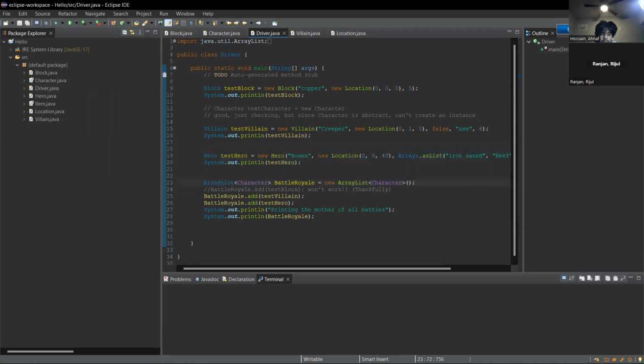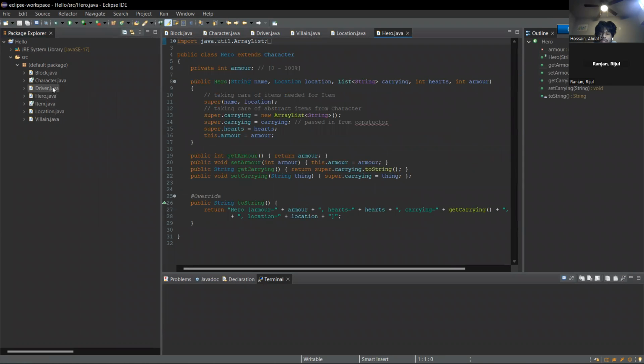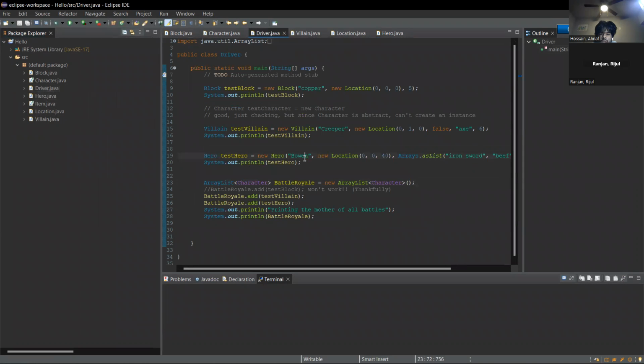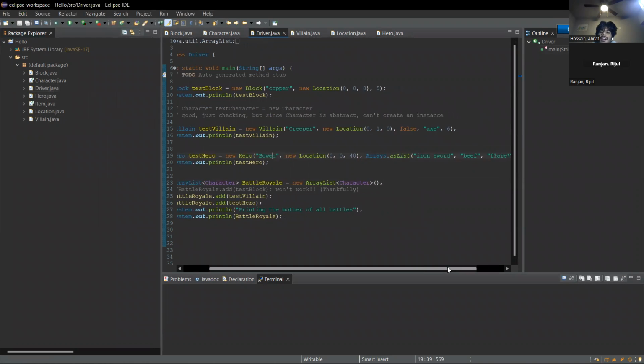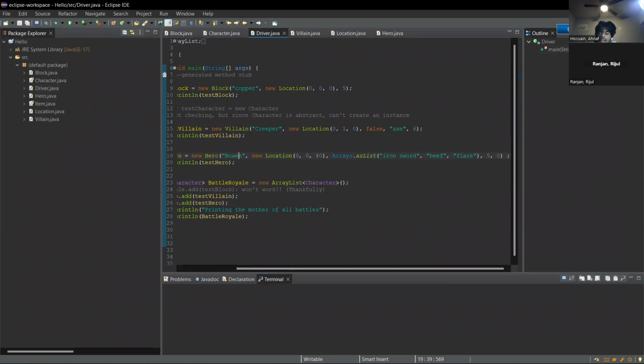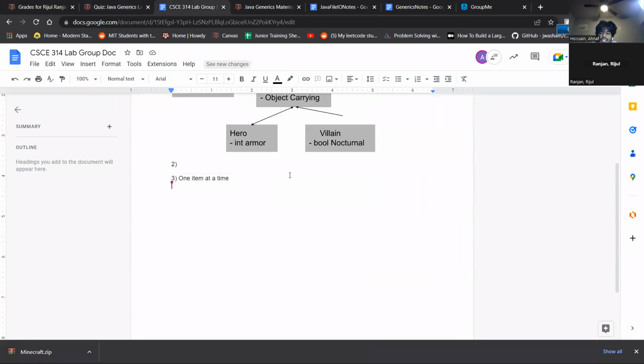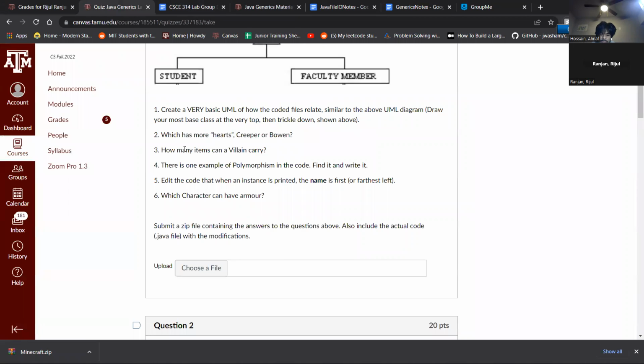Wait, also, what was the second question? Who has more hearts? Wait, I didn't get you. What did you say? Who has more hearts? Villain. The creeper has more hearts. Creeper, okay. Yeah, creeper has 6. I just realized it's the way he named it. That's dumb. Bowen is apparently the hero. Out of all the names, no idea. Bowen. Who that is? Okay, so